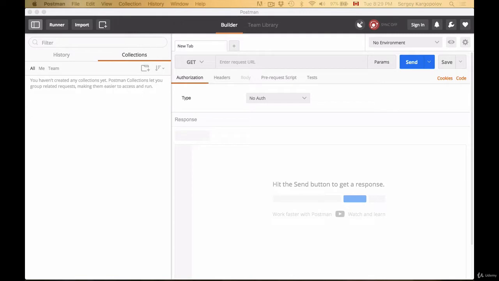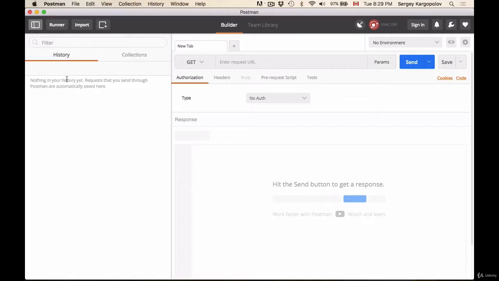So when you start your Postman, this will be the main work area. On the left side, you'll have two tabs, History and Collections. History will record everything that you do, and Collections will help you organize your HTTP requests into folders. And here you'll have three more tabs: All, Me, and Team. On the right side, you have the tabs area where you can start a new tab where you can work